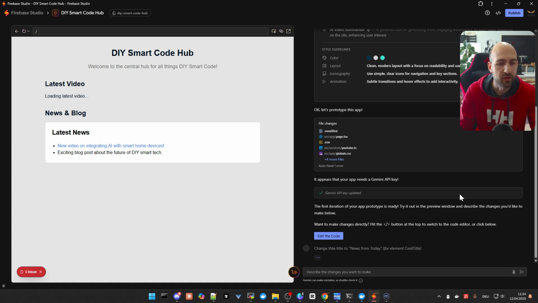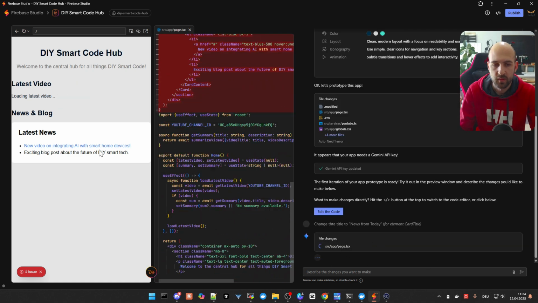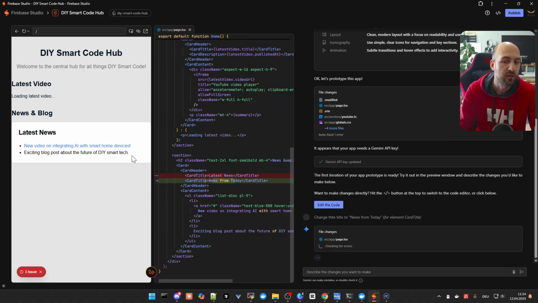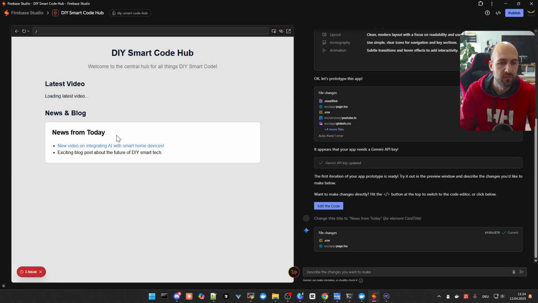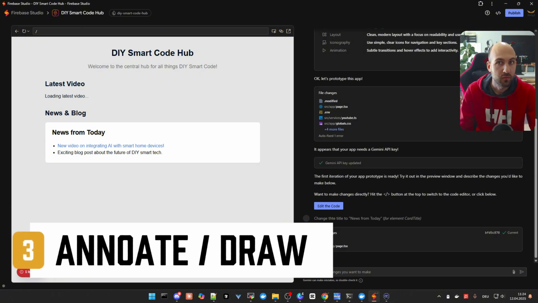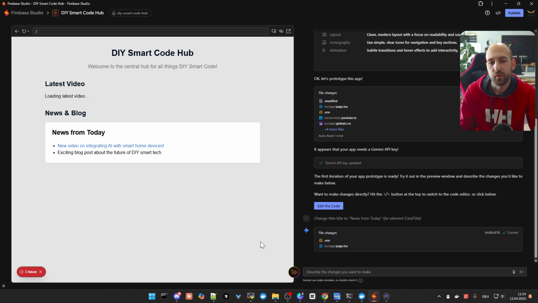Then you can prompt it, and as you can see, it will now change this part. Hopefully just this part, but let's see. Yeah, and it worked. So that's a pretty cool feature. Okay, the next cool feature we don't know from other tools, or at least I don't know from other tools,